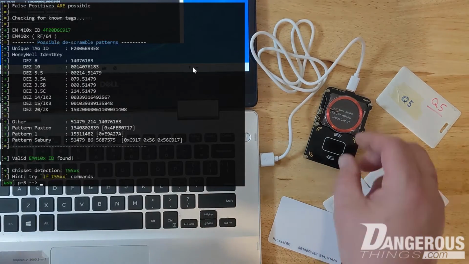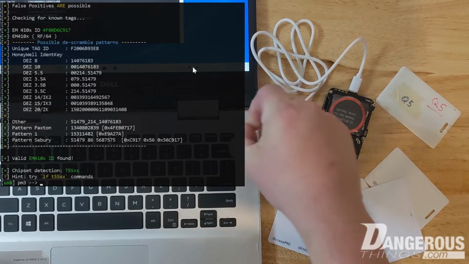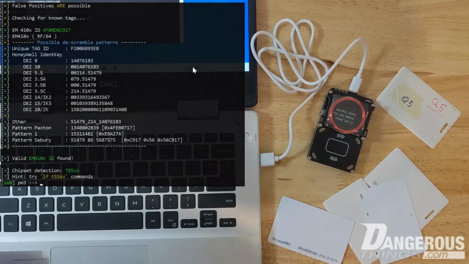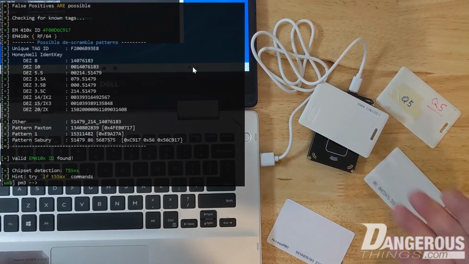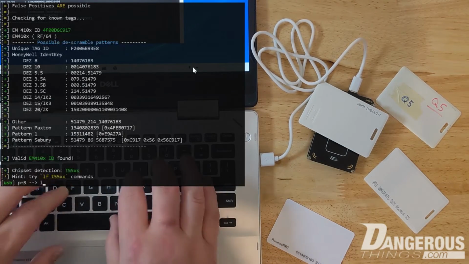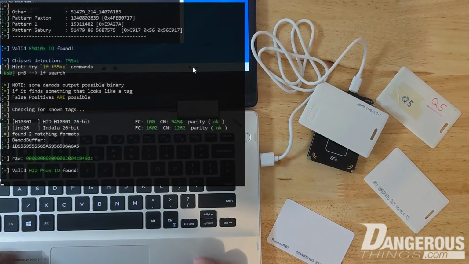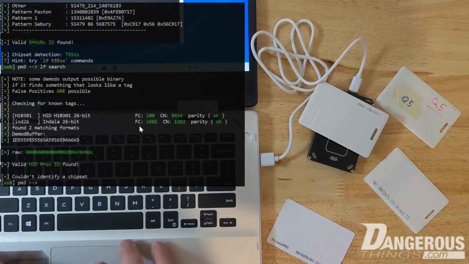But now let's go ahead and take a look. I'm going to put it right there. And remember, that's the side. Now let's do an HID prox, because this is probably the second most populous type of access card out there. Do the search. So we're going to do the facility code 109.454, 26-bit. So again,